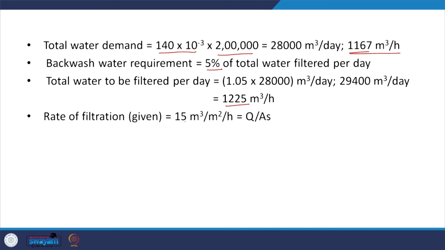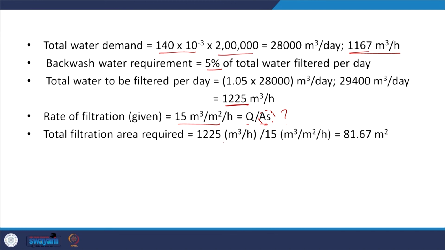And rate of filtration is already given, and I have this flow rate, let us see, right, volume per time, and here I have the rate of filtration. So, Q by A_s will give me the rate of filtration, and obviously I need this surface area. So, surface area required for total filtration, I guess, or the total surface area required will be 81.67 meter square,